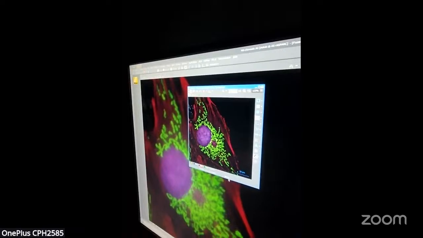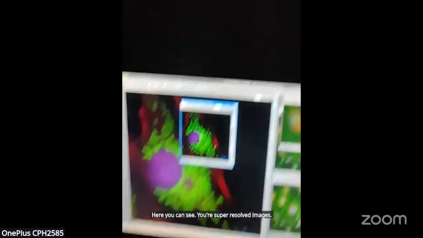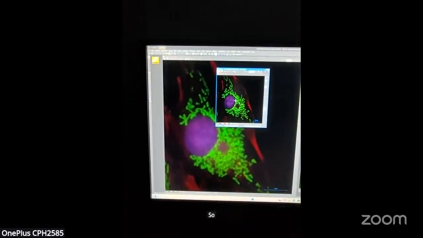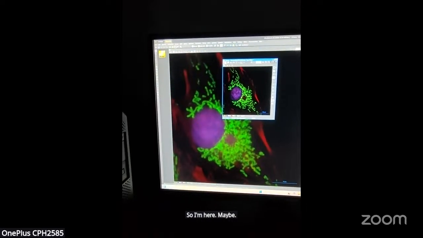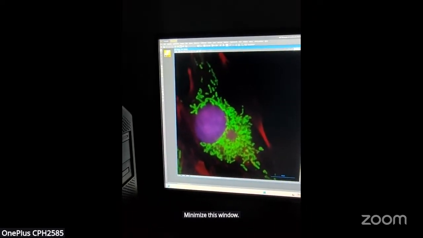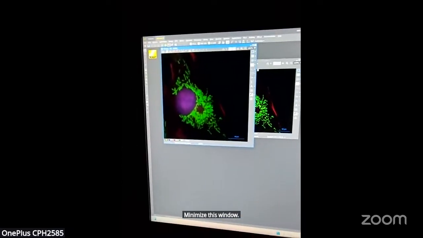So now here you can see your super resolved images. So from here, we will minimize this window. Okay.